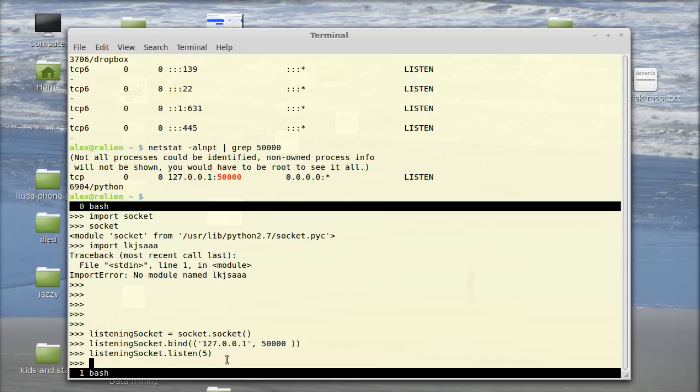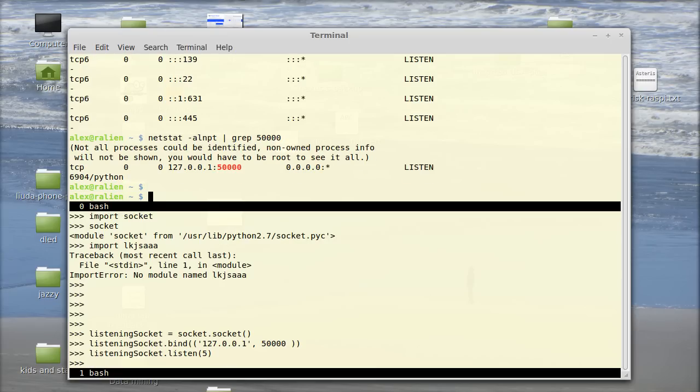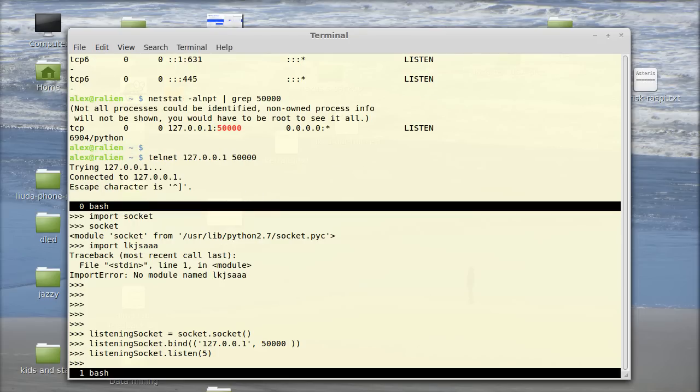So now the server is listening for incoming connections, but let's try to connect. So I will write telnet 127.0.0.1 port 50000. It says that the connection is established,